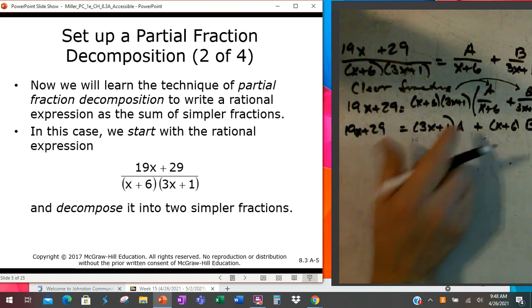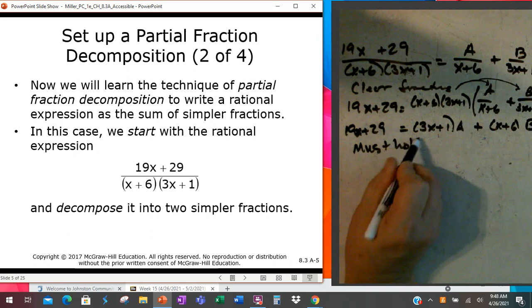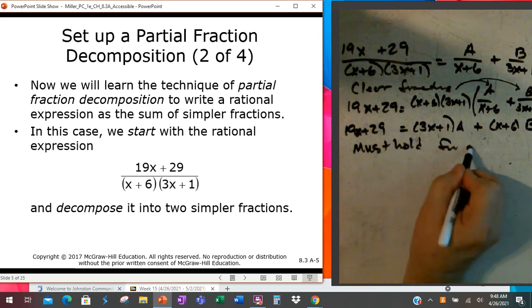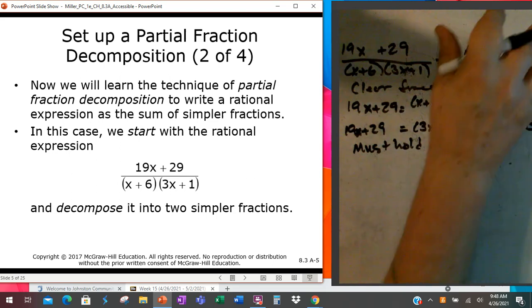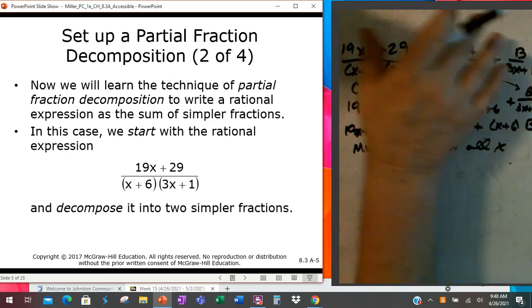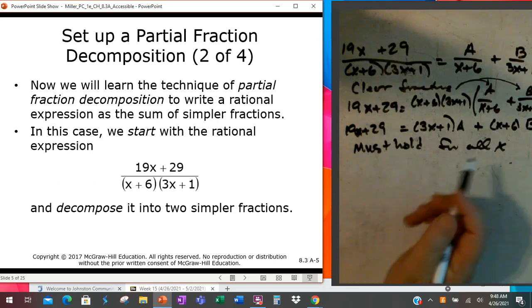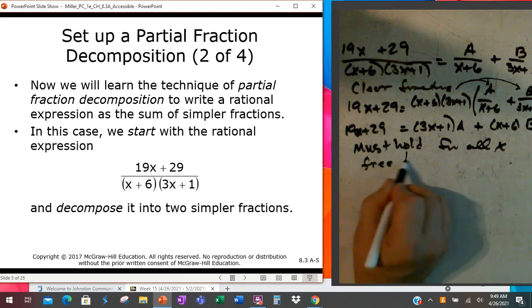This must hold for all x, okay? Because this was just an expression, it's not a particular x. It's like a function, you got to give me the x and then we can calculate. But it has to hold for all x, so we're free to choose